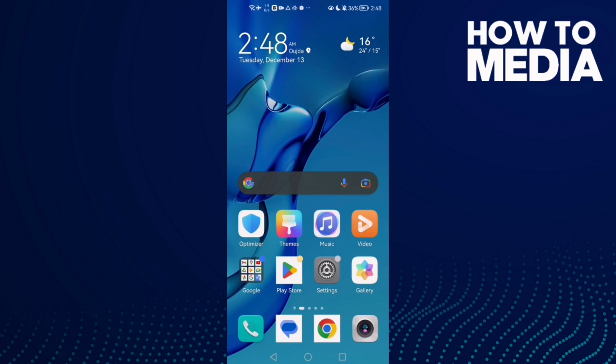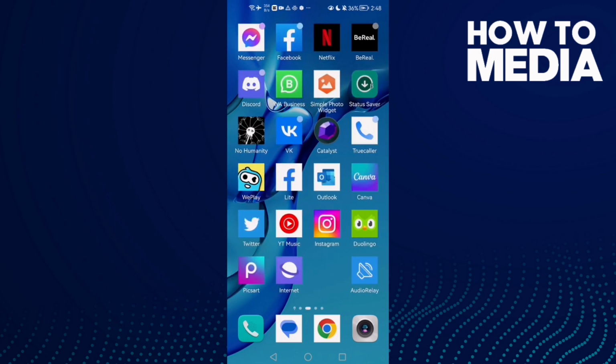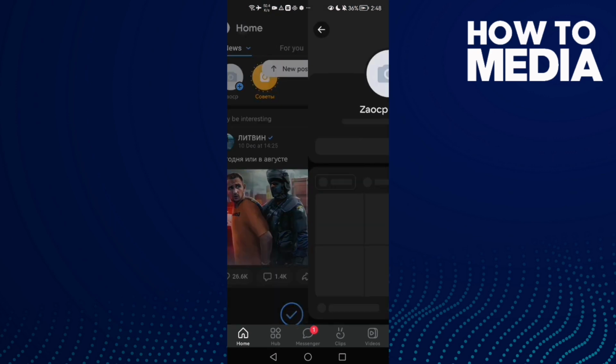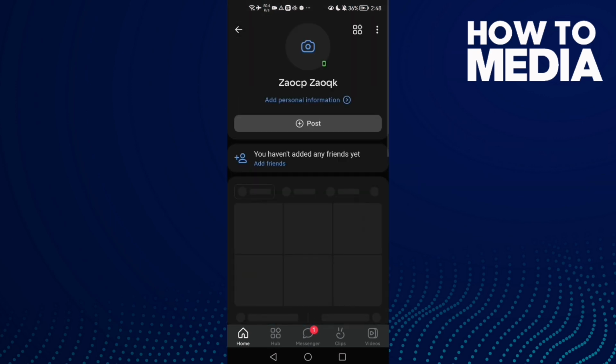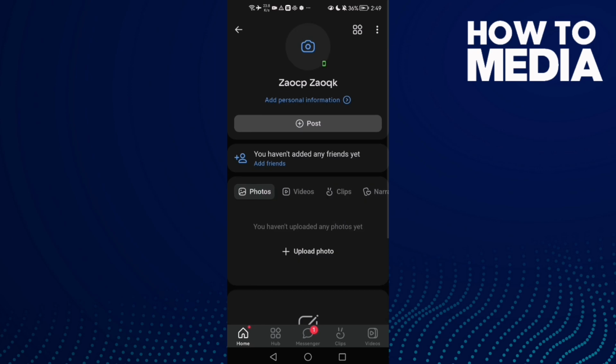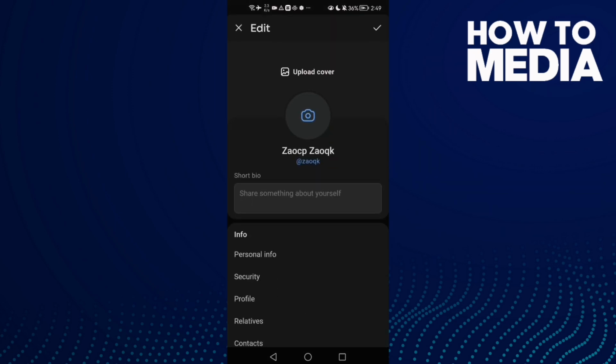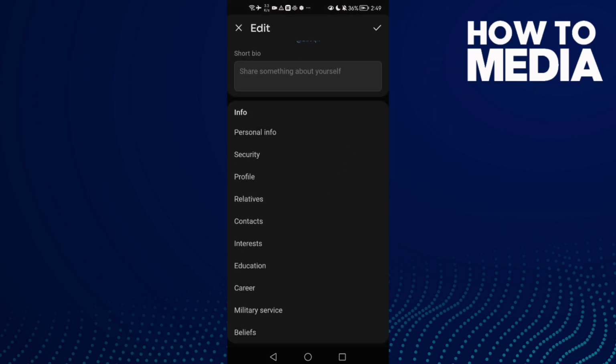How to find activities settings on VK on Android or iOS phone. First open VK and then click on your profile here, and once you're here scroll down until you find these 3 points and then click edit profile and scroll down until you find interests,